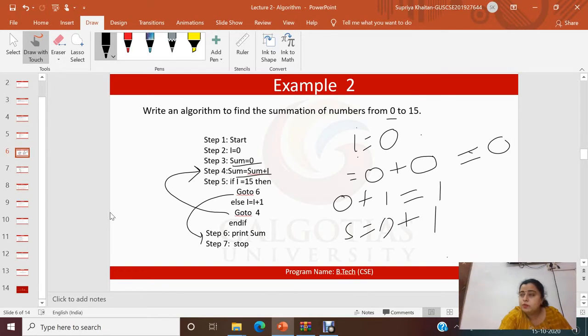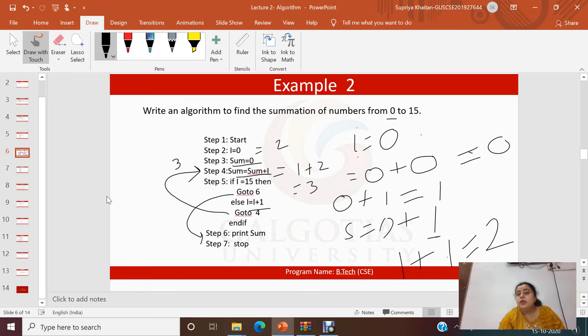It's still not 15. It will again go to the else part. If and else, any one condition will execute, whichever is true. So again I becomes I plus 1. So I was 1, now it is 1 plus 1 becomes 2. What was my sum? My sum was 1. My I value is 2 now. So when I go to step 4 again, 1 plus 2 becomes 3. So your sum is 3.